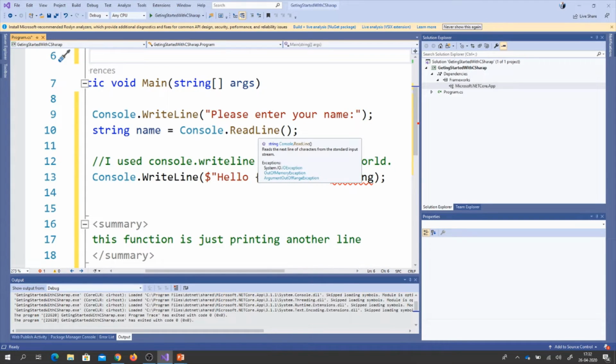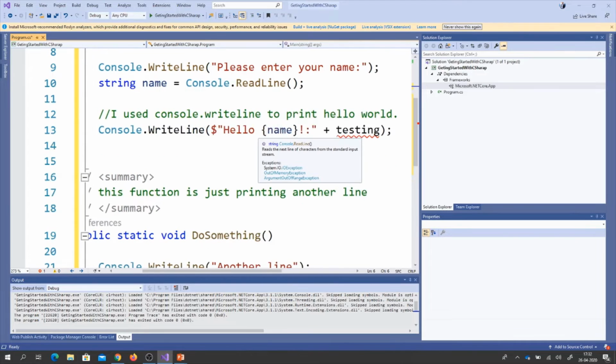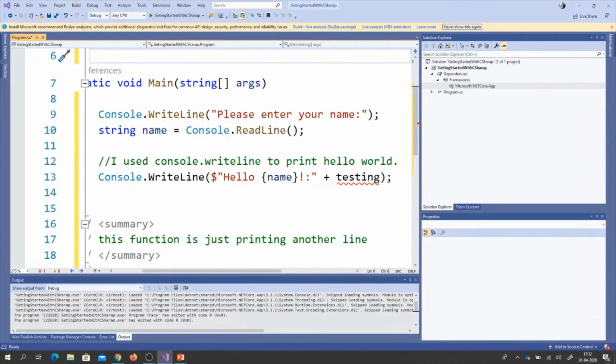In this application it will be via console, but you can have other ways of user interaction using text boxes, depending on your type of application. This is a console application, so we will be having input from the user using console. So we write print a line and then we wait for the user to enter his name, and then we use this name